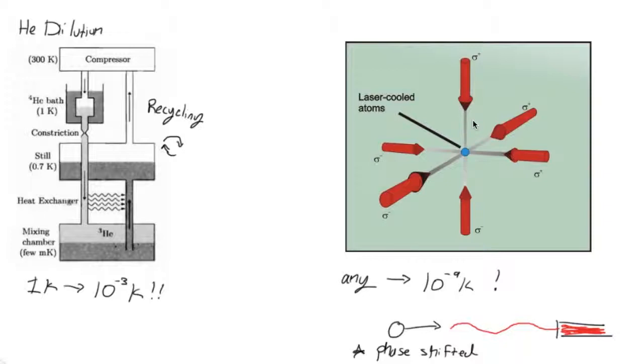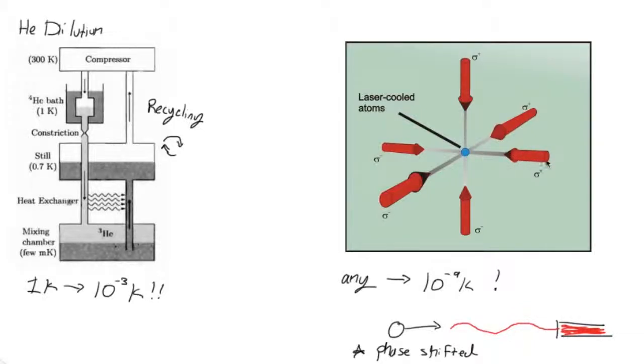Laser cooling, which I think is a really awesome application because it doesn't require liquid helium in the first place, so it doesn't require you to already be in a super cold temperature range. This allows us to go from essentially any temperature and cool a cloud of gas to, recently, the nanokelvin range. But it can easily reach the millikelvin ranges, just like helium dilution refrigerators can. This concept works based on